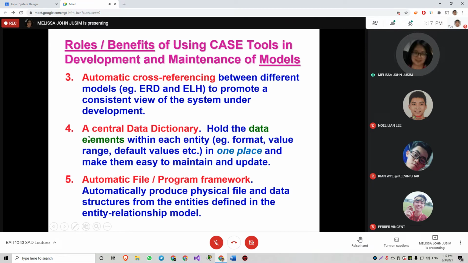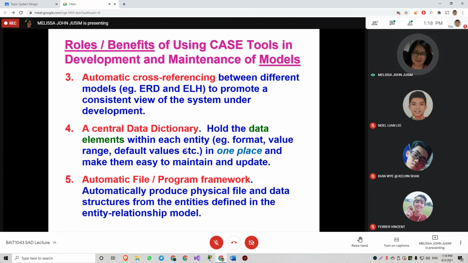A centralized data dictionary. You have covered this in database design, right? And then automatic file or program framework, so it will automatically produce the physical file. One thing that I like about certain IDEs is that they can generate something for you automatically.